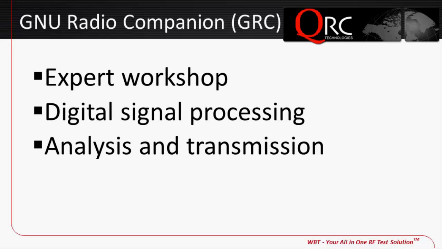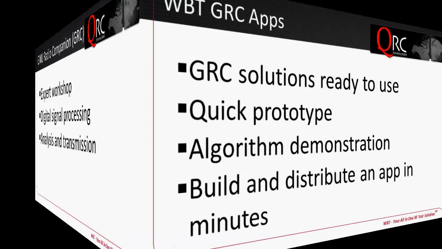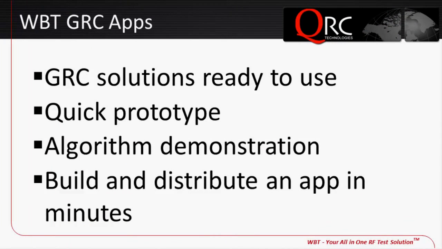Use of the GNU Radio Companion, or GRC, can speed up creation of prototype demonstrations for software developers. The GRC is an expert workshop for digital signal process engineers who need to analyze I and Q signal data. The GRC WBT software blocks tap the full range of the WBT software-defined platform and make it available in the development environment. The GRC can help define a prototype tool or demonstrate an RF algorithm within minutes when it's used